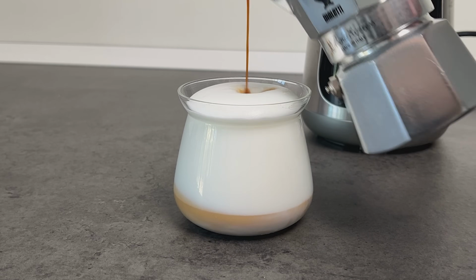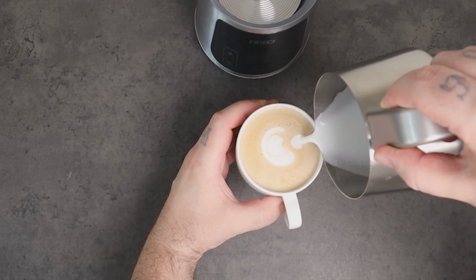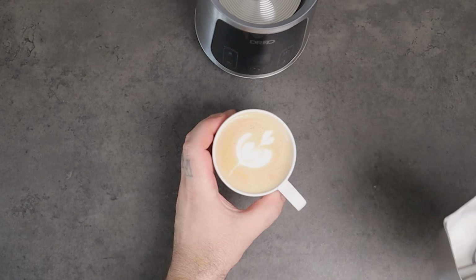Absolutely delicious. In terms of pouring with the BaristaMaker jug, I have to say that is not my favorite. I still prefer pouring milk with the classic milk jug. Probably it's because it's the one I'm used to. Probably I need a bit more time to practice with it, but I have to say that it's a clever